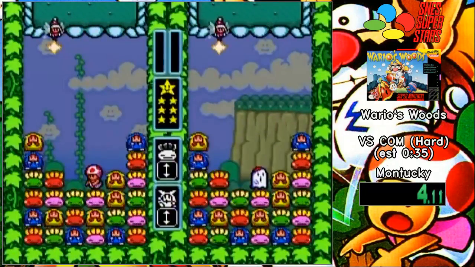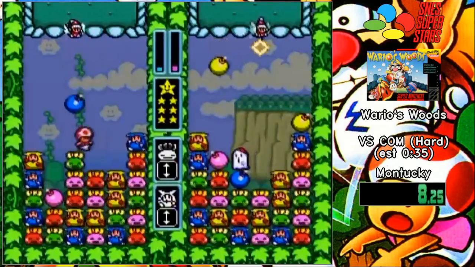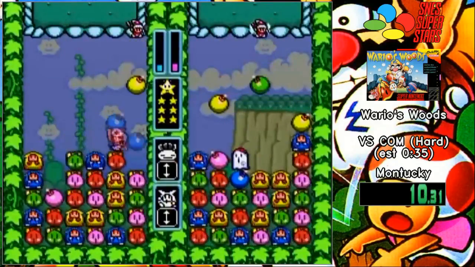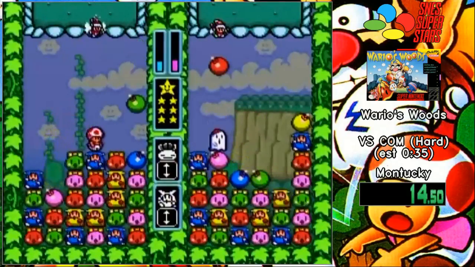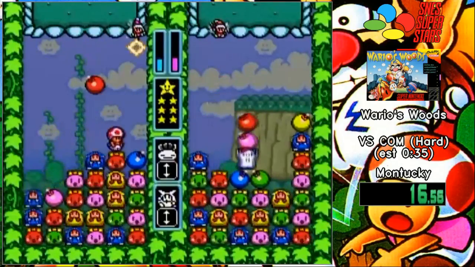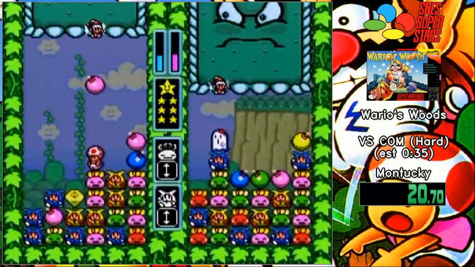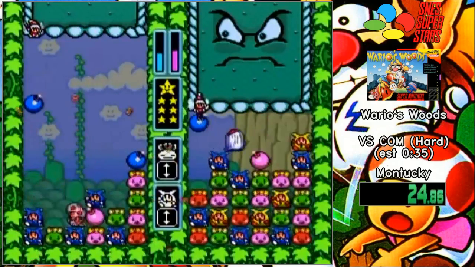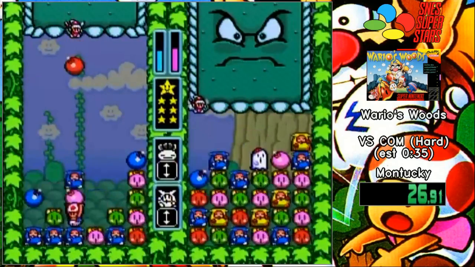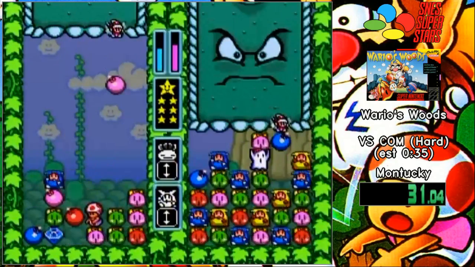All right. Welcome everybody to Wario's Woods, a simple puzzle game with a lot of mechanics that I'm hopefully going to talk about here with some relatively easy to follow commentary. So basically, it's just like any other puzzle game out there, only instead of matching three, you're matching three with bombs instead. The goal of the rounds is to clear all of the monsters on the board,